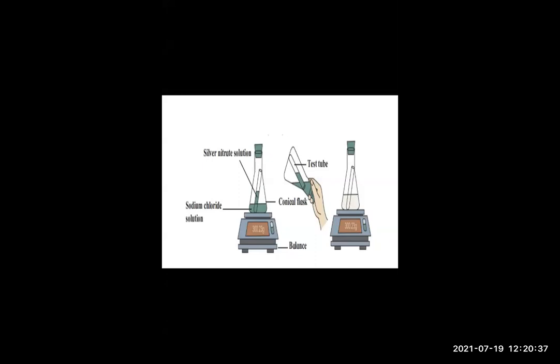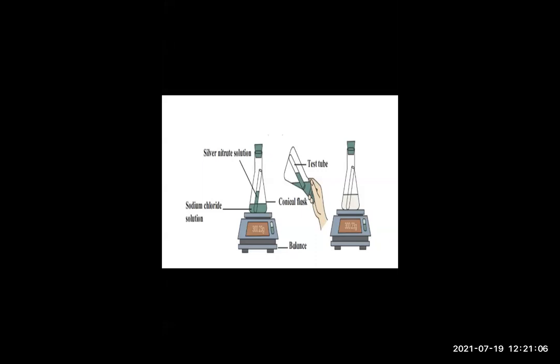So that common salt, which we are using for cooking, that we are taking here. Take sodium chloride solution in a conical flask and silver nitrate solution in the test tube. You can see both in the diagram. Tie a thread to the test tube and insert it carefully into the conical flask. Make the conical flask airtight by fitting a rubber cork. Now, airtight means what? No air should go inside that conical flask. That's why the cork should be fit very tightly.